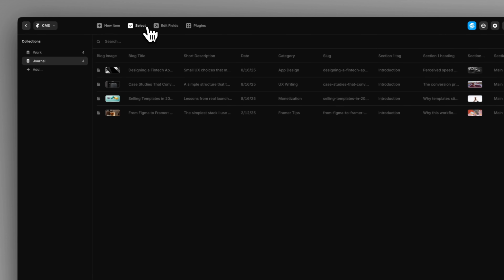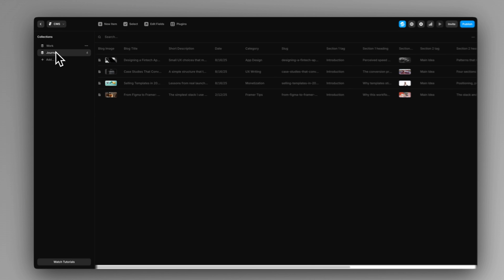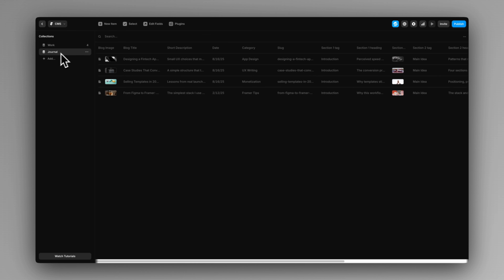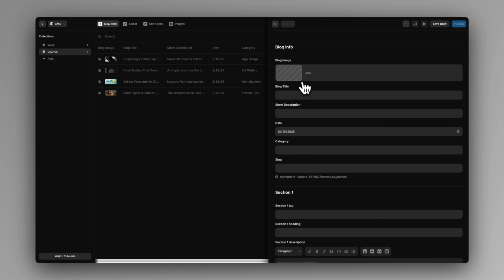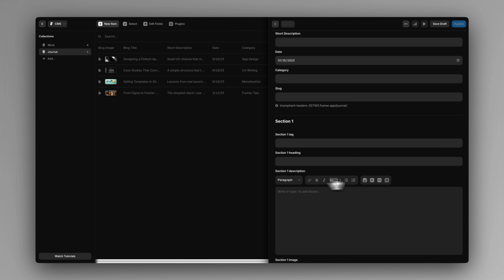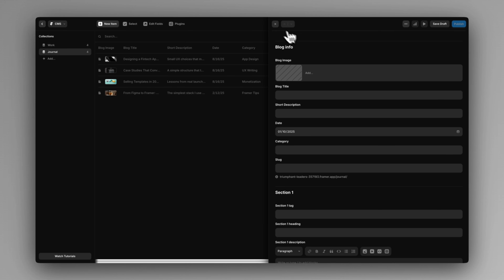And if I open up this CMS, this is the journal collection. I have two collections here, but we don't need this one. We need this one. So these are the journals I have, just 4 journals. Now, if I want to add a new journal, I would not need to touch the design or duplicate anything because I've already set it up once. So subsequent journal pages can be created from this place, right? All I have to do is select new item over here. As you can see, I get this blank slate that I created, of course. So you can put the image, the title, description. When you do all of this and you press save draft, you're going to get